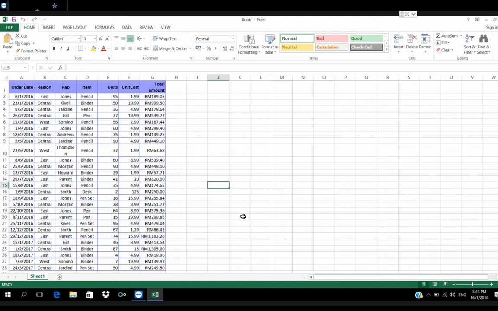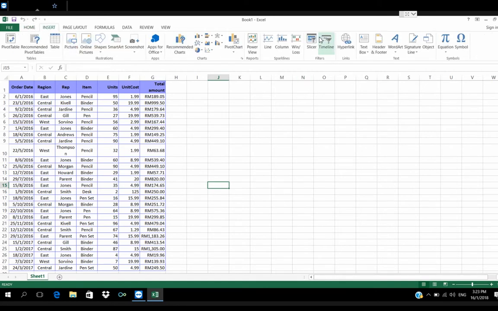Hello and welcome to the second feature, which is the timeline slicer. The timeline slicer provides a nice visual interactive data filter for a pivot table, and it is exclusive to the date filter of your pivot table.